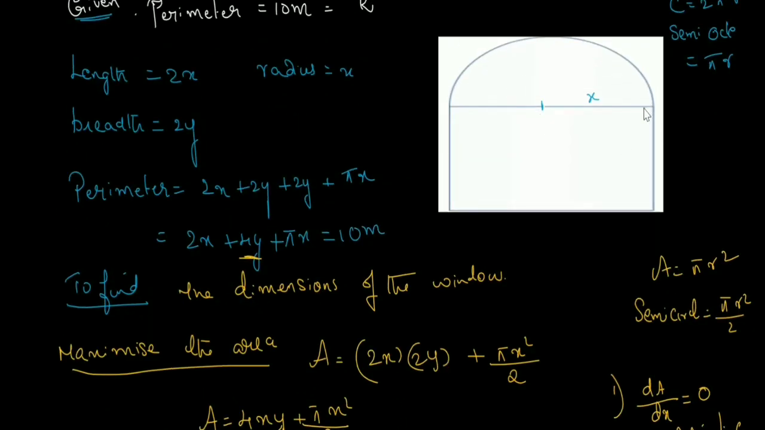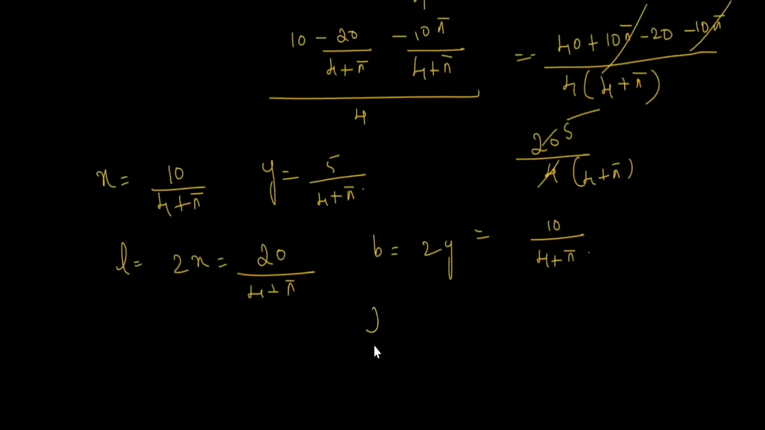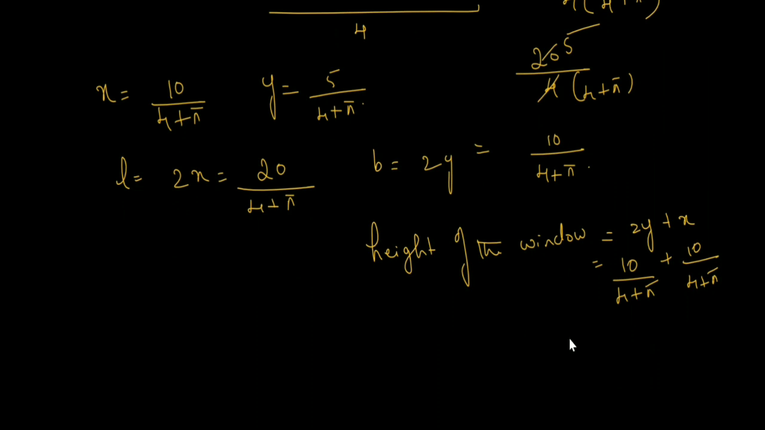So we got the breadth, this is your breadth. And what will be the height? The height of this window will be 2y plus x, isn't it? The height also we can find. What is the height of the window? The height of the window is 2y plus x, the radius. That means 10 by 4 plus pi plus x. X is 10 by 4 plus pi. That is